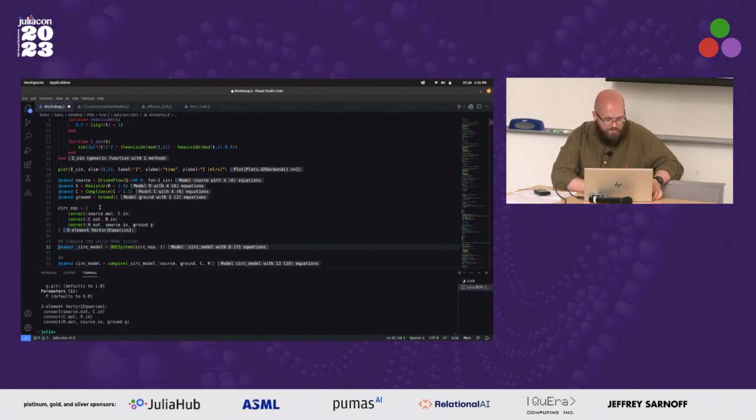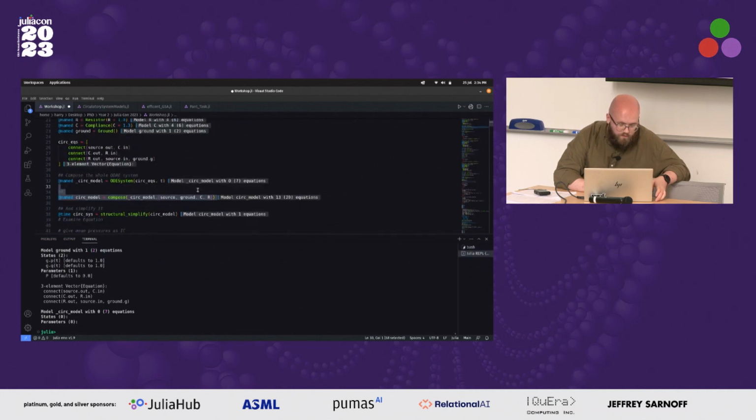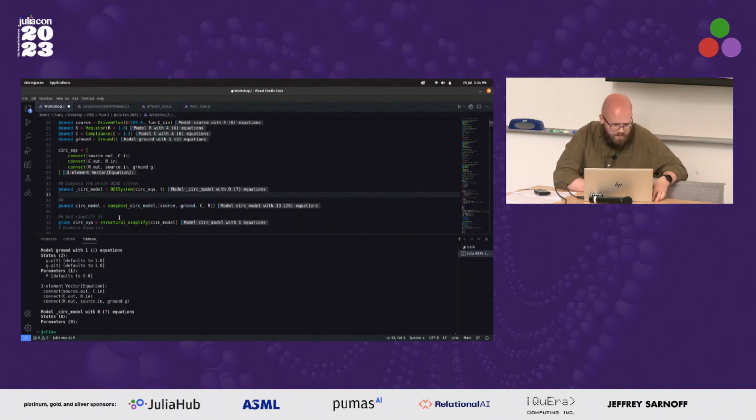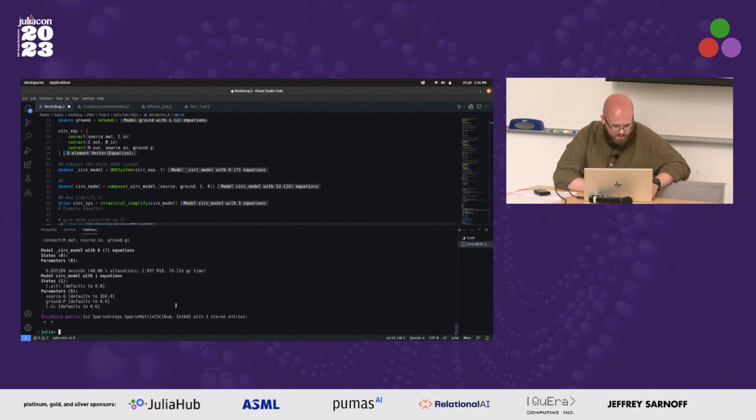So we can connect them, compose the ODE system with the time, and then if we structural simplify, I've already pre-ran this, so it's really quick, but